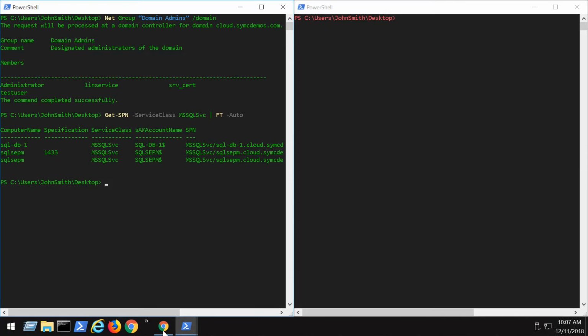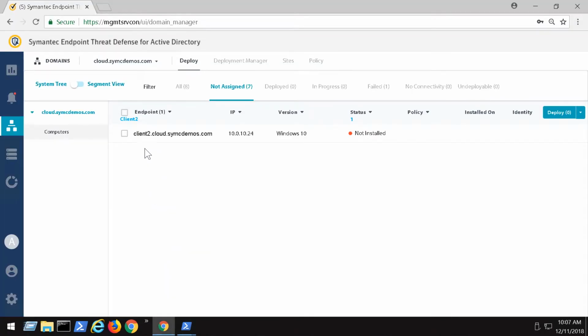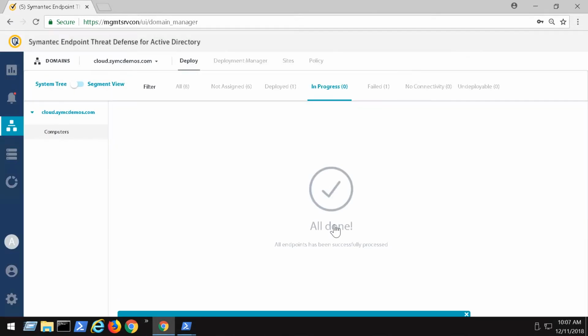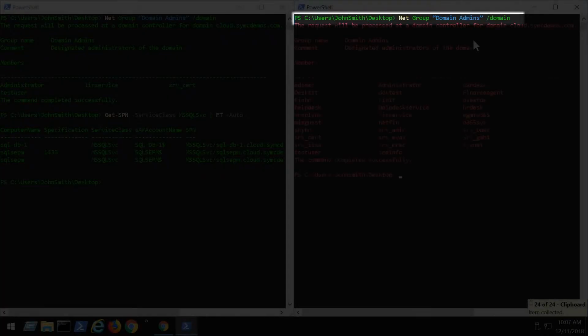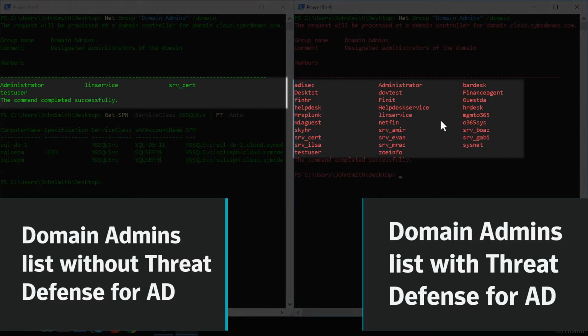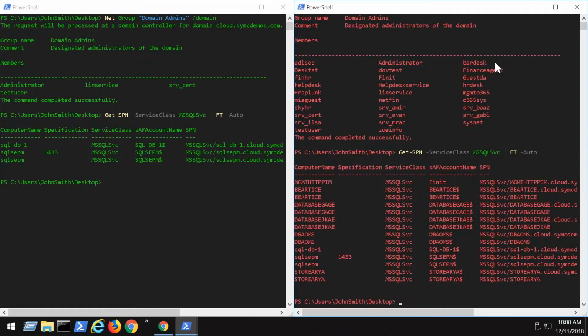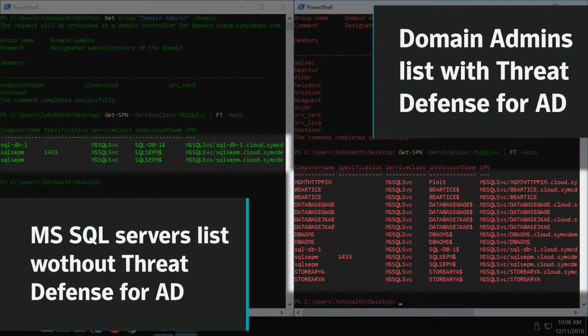Now, let's deploy the Threat Defense for Active Directory agent on the domain's endpoints and show how the domain environment gets drastically altered from an attacker's point of view. Running the net group command again, we see a masked topology that displays many more accounts within the domain admin group. Launching the SPN scanning function again to look for MS SQL servers, you see many more MS SQL servers are